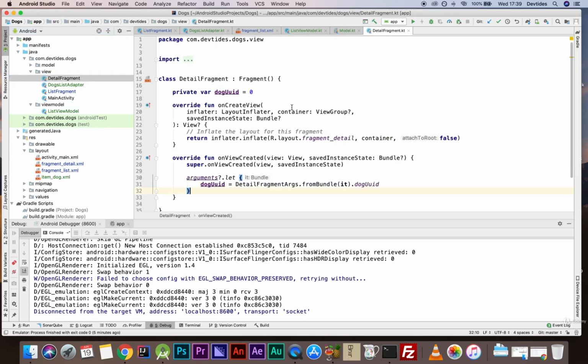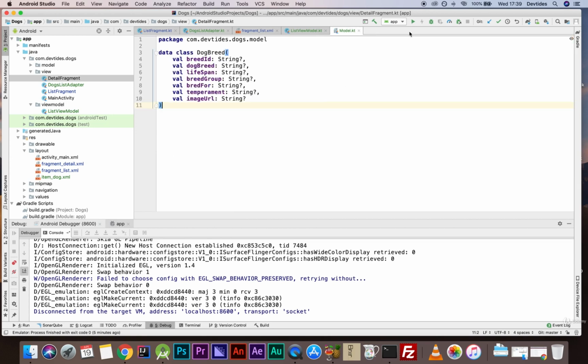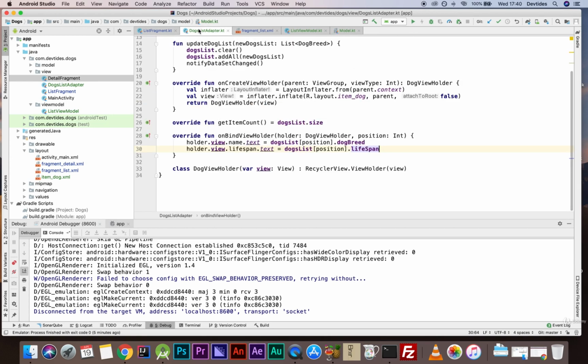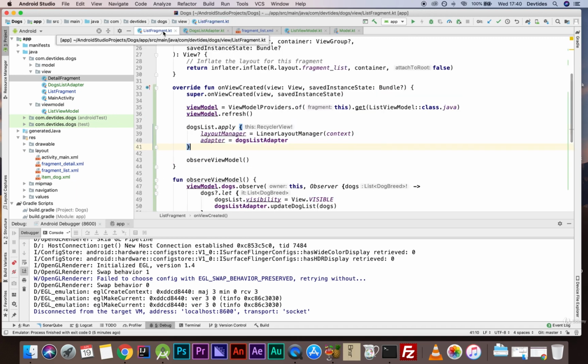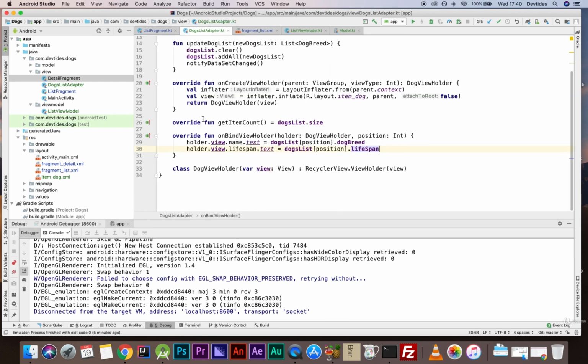the detail fragment. In order to do that, first we're going to allow our users to actually access that detail fragment. That's quite simple. Using the navigation framework, we're going to go to the docs_list adapter, and here in the onBindViewHolder, we're going to say